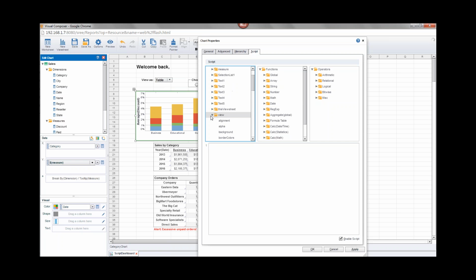But here again, the combo box is also listed in the parameter folder. So there's a parameter.view, so I can access it there also. If I click on that, that inserts the syntax parameter.view, and then I can just do a test. If parameter.view, that's the value that the user selects in that combo box, is equal to table,